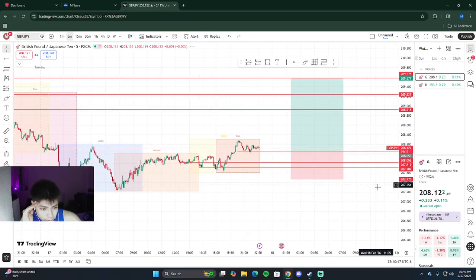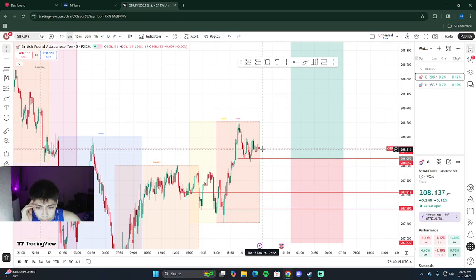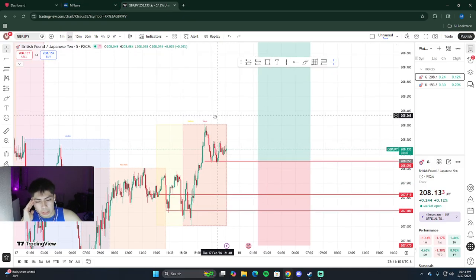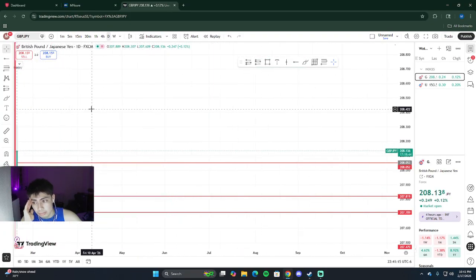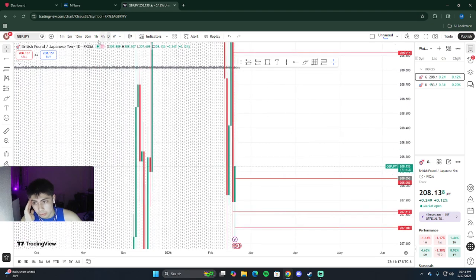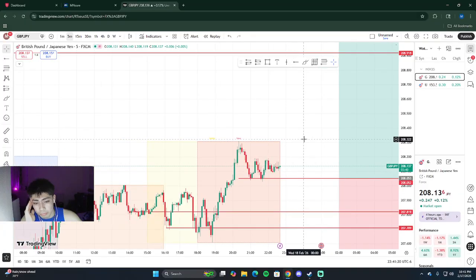Let's see if price will go down and sweep this. I want it to maybe hit this liquidity right here. It's gonna sweep, and then I think it's gonna rally. That's what I think it's gonna do, just because even in our daily bias it is still positive, right? It's within our daily bias, and it would fulfill.